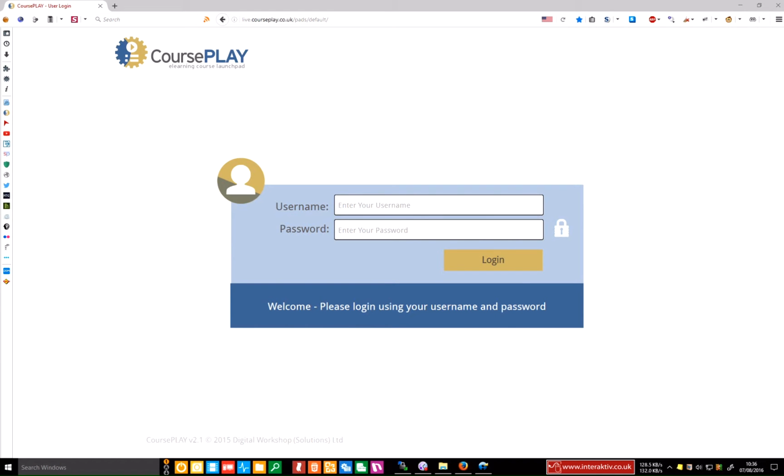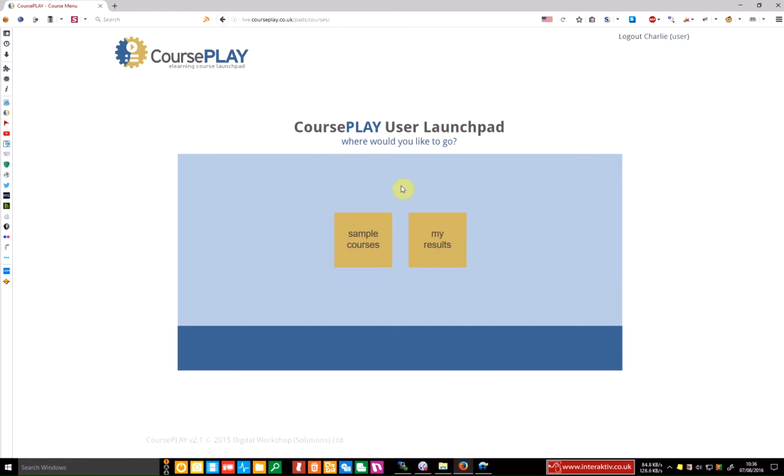So I created a user called Charlie, whose username is C. Williams, and I'm going to log in as Charlie. He's come to that default courses pad, see pads, courses, and it found that index file, which is this one here. At the top we can see I'm logged in as Charlie, and we can see that he was a user. We can check the results, but he hasn't taken any courses yet,